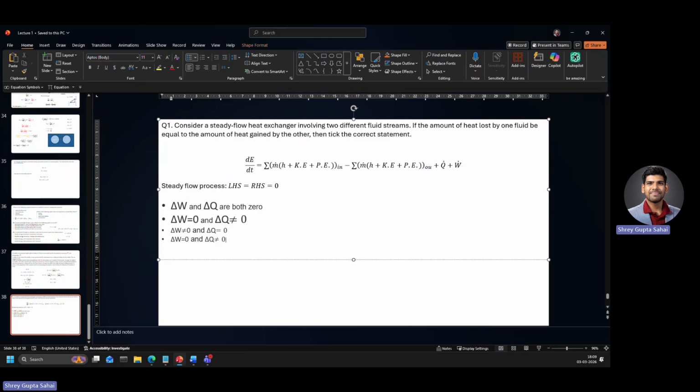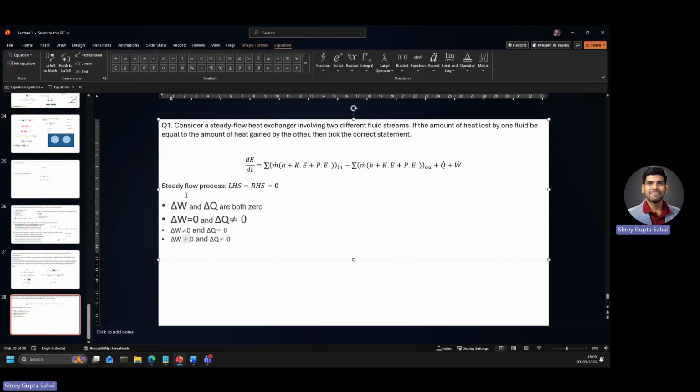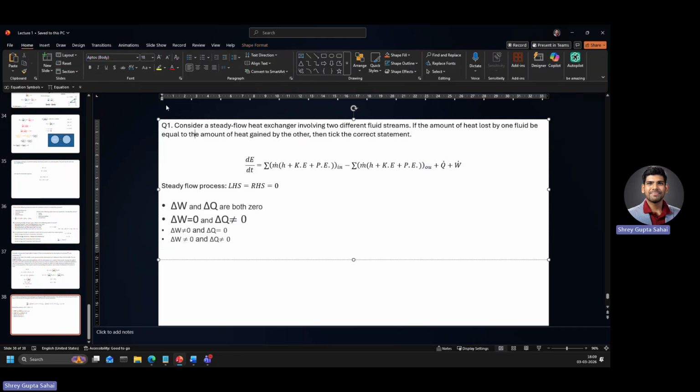Fourth option is this, where both of them are not equal. So how do we solve this problem? Let me first